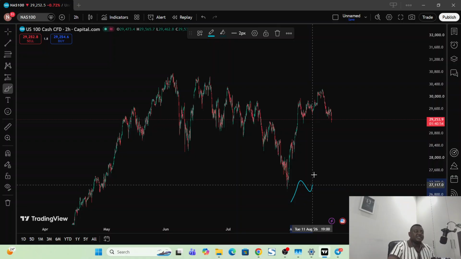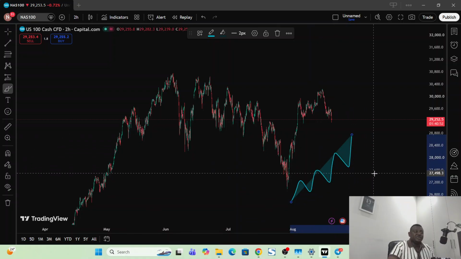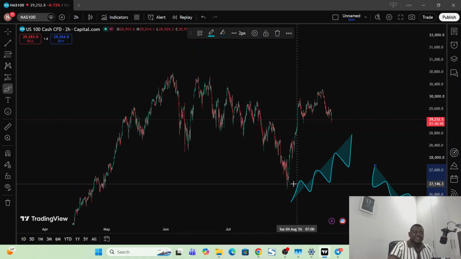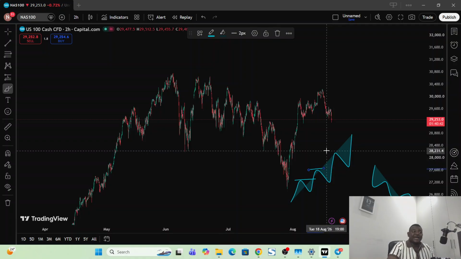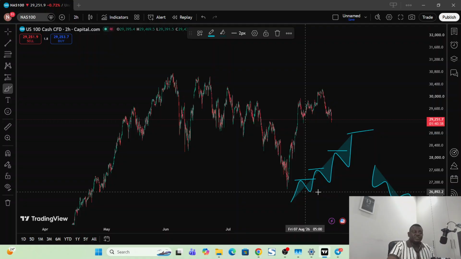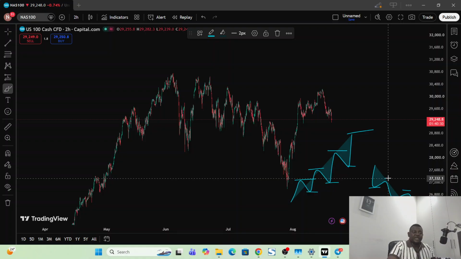A trend is when the market is trending upwards or is trending downwards. So how do you see if the market is in an uptrend or in a downtrend? It's simple. When the market is in an uptrend, it creates higher highs as it goes up. So when it creates higher highs, it also creates higher lows as it goes up. And then when the market is going down, it creates lower lows as it goes down and lower highs as